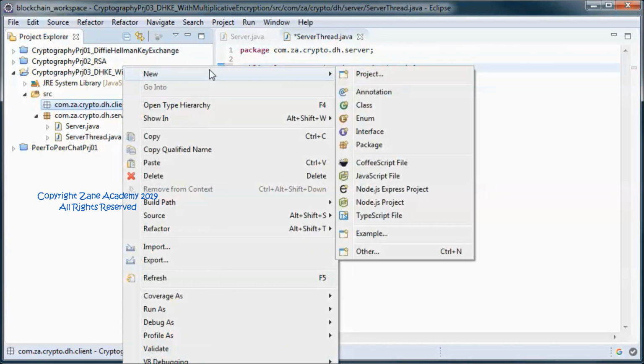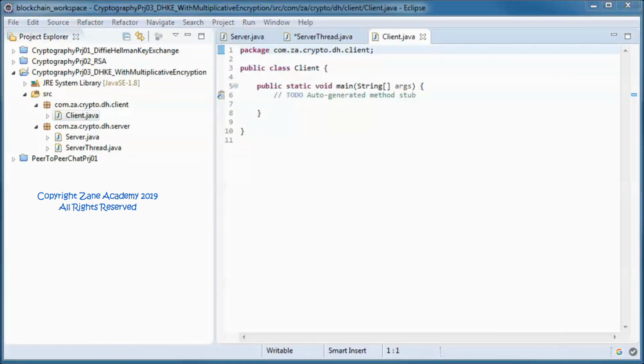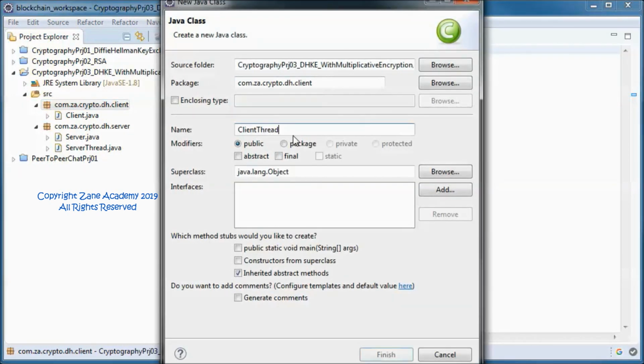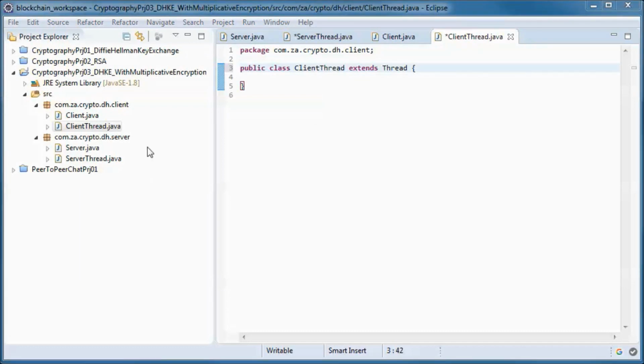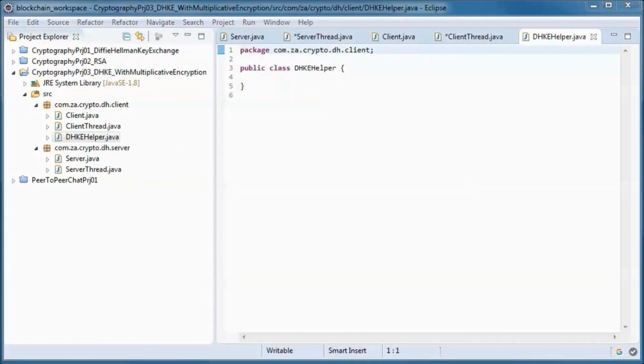On the client side, we will have three classes: a client class with a main method, a client thread class, which will extend the Thread class, and a Diffie-Hellman key exchange helper class, which will contain all the Diffie-Hellman key exchange logic and the multiplicative message encryption and decryption logic.